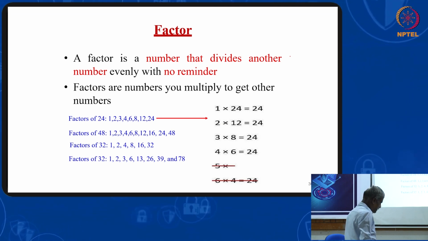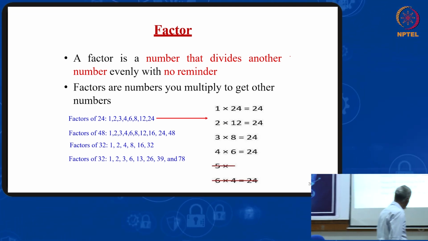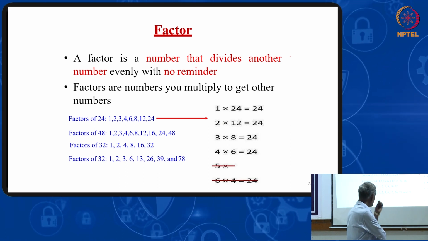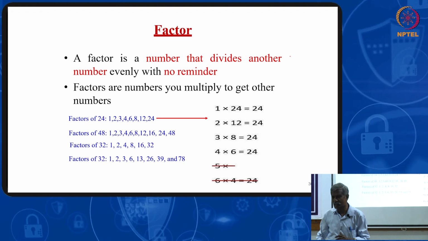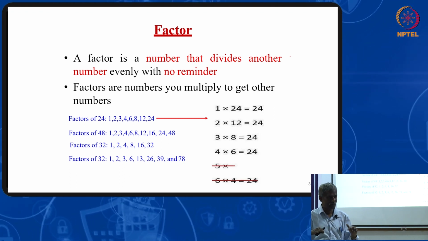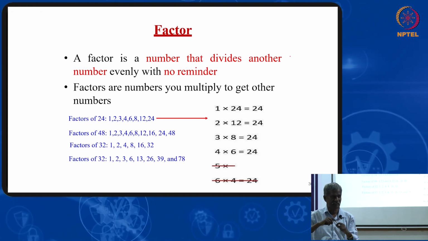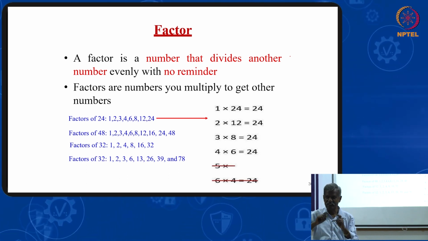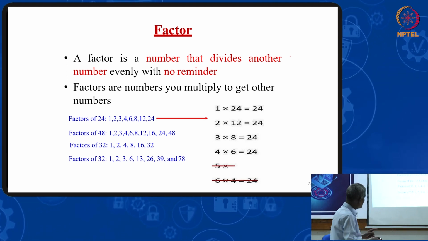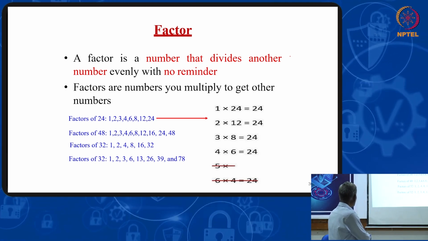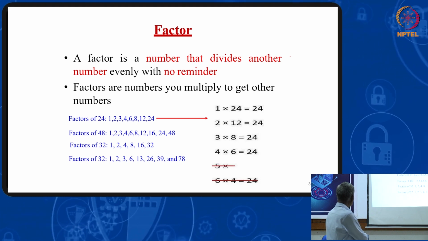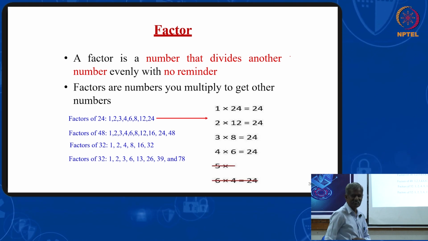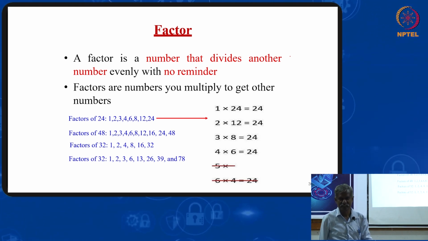We will see what is meant by a factor in the set of numbers. Factor means a number can be factored into a product of two numbers. For example, 6. 6 can be written as 2 into 3. So the 2 and 3 are called factors. By that, if I am writing the factors of 24 are 1, 2, 3, 4, 6, 8, and so on. Are you able to understand all the factors written on the table?